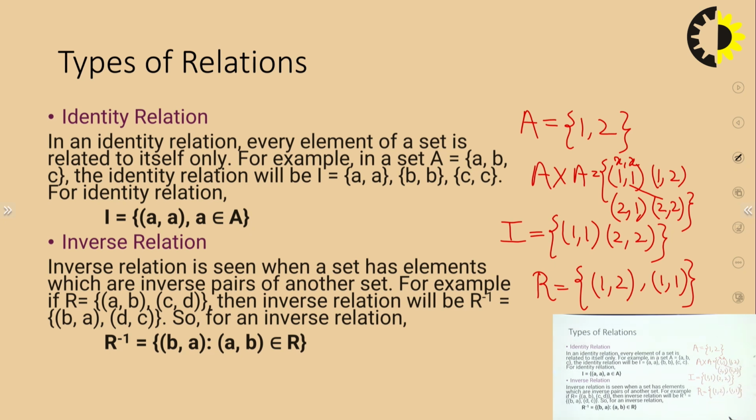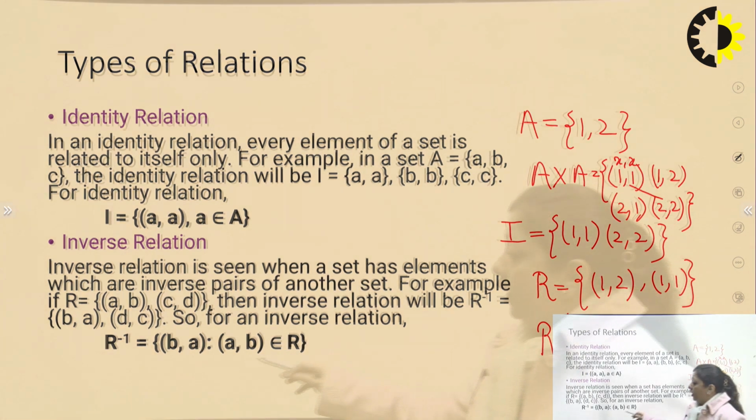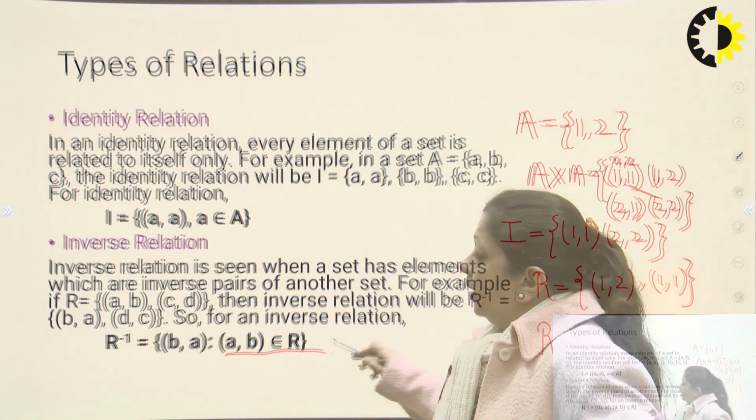So now I want to find out the inverse relation. The inverse relation is denoted as R inverse, and what will it contain? It will contain, if I have R with ordered pairs (a, b), then it will contain all the ordered pairs (b, a). R inverse will contain all the ordered pairs (b, a) for all (a, b) that belong to